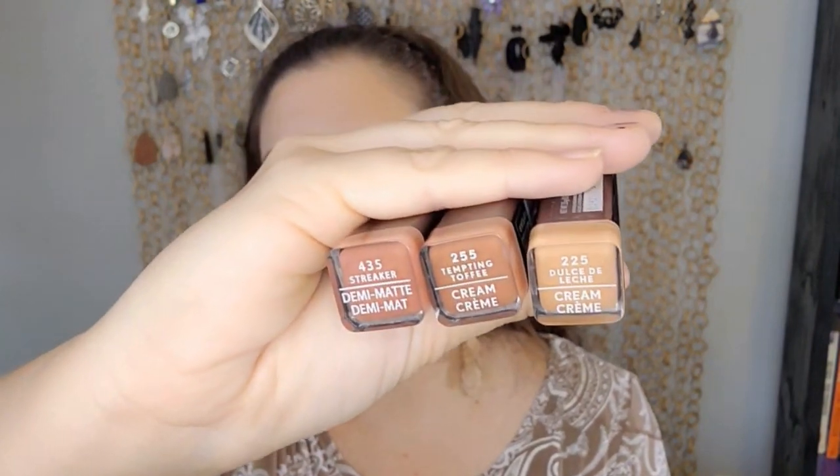The first three I'm going to swatch for you are from the Covergirl Exhibitionist line. Hopefully those are readable. There are 60 of these that either are being made or were being made. Not all of them I've seen in drugstores. Obviously there's maybe 10 if I'm lucky, but this is one of the first lines that I just got completely obsessed over. The newer made ones smell so good and they've got shea butter in them, so they're very creamy and moisturizing. There are different